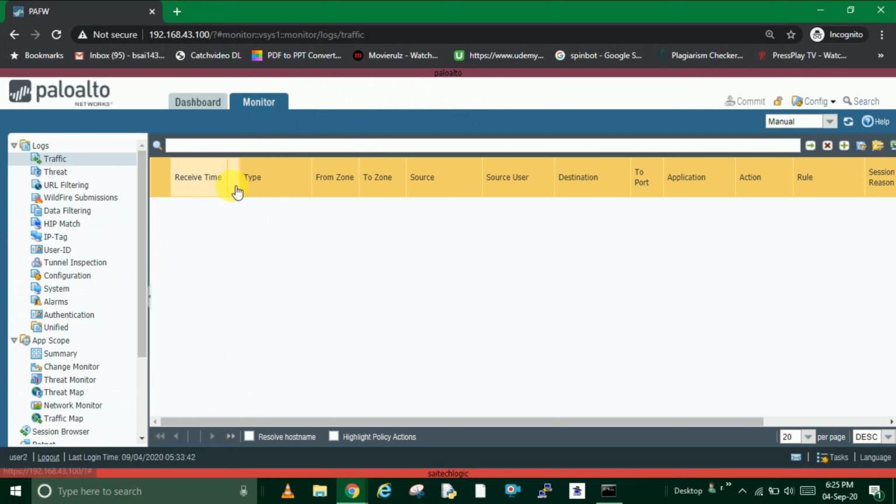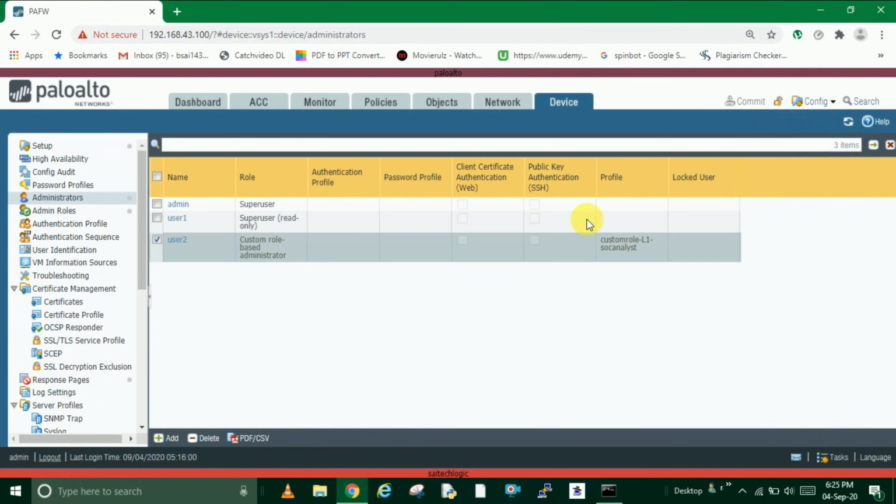So this is how you assign roles to the user. So I will log out. Similarly, you can log in to user 1 and check he's having only read-only permissions. So this is all about creating administrative roles and administrators.